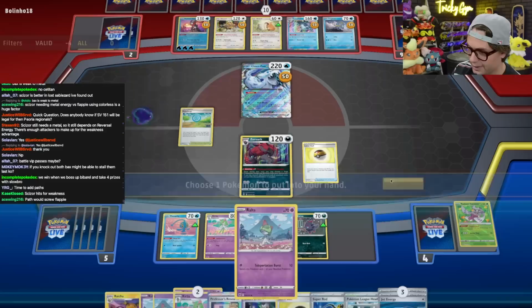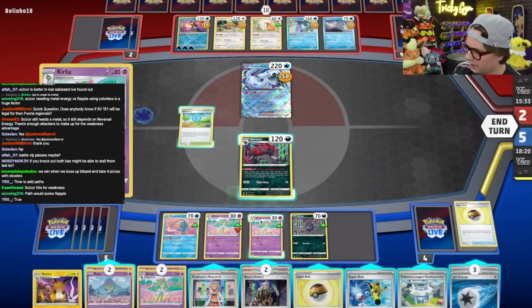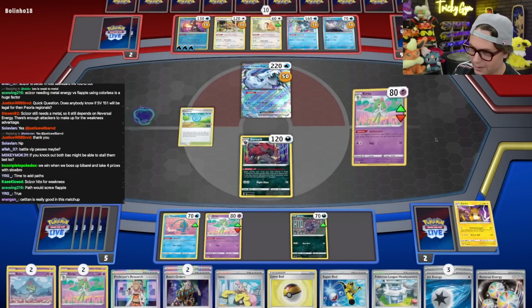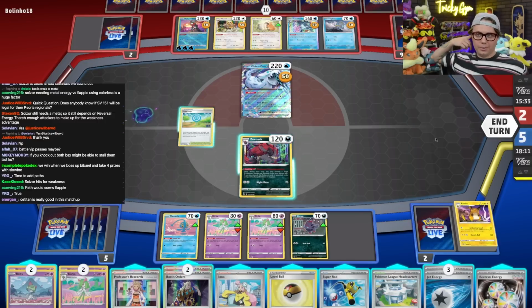Got an Iono in there and a reversal. SIT Titan. Yeah, I should probably play SIT Titan. It's all good, though. Okay, so we go...